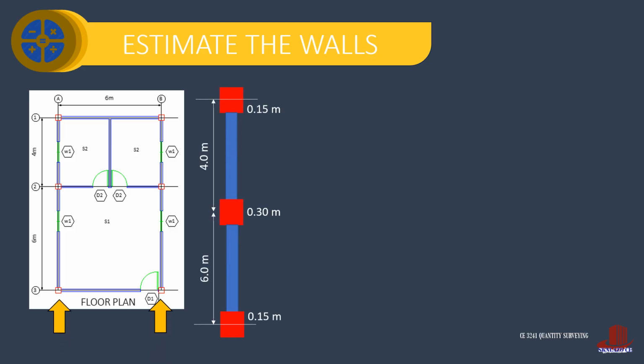From grids A and B, there are spans of 6 and 4 meters, although we have to take out some parts of the 0.3 columns as the dimensions were measured on centers. The length then is 6 with 4 meters, then subtract half of the columns or 0.15 from both ends, then the full column width on the center, which results to 9.4 meters.